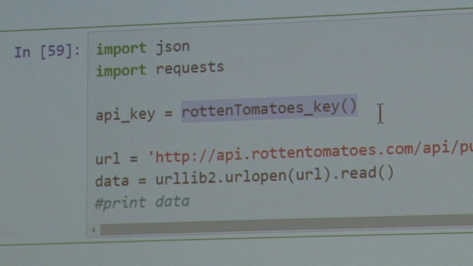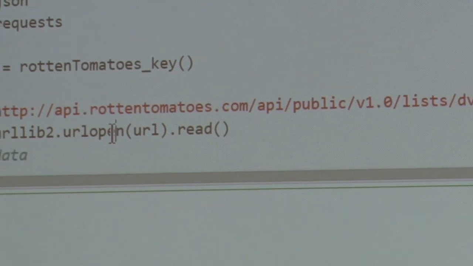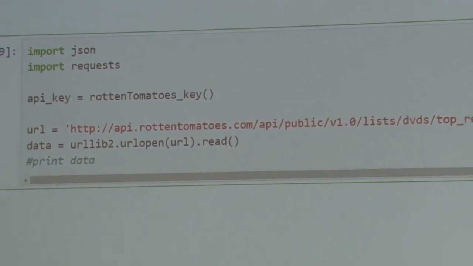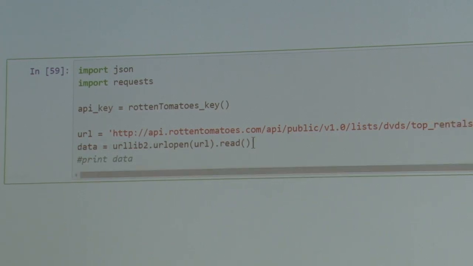So when you have your key, you need to put your key here, right? When you want to go over the slides on your own. And then you can see that URL here just has the key at its end. This is not going to work anymore, but here it just says plus API key. So all you do is you take the whole URL and you put your API key in the end. That's all there is to it. And then it's just like before. You can just use URL lec02 to get the data and parse everything as you had before,